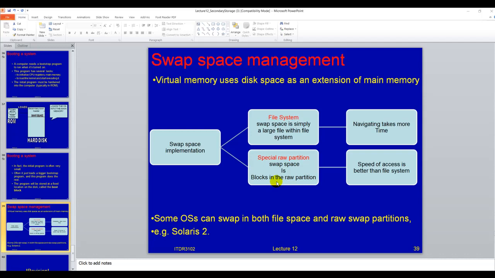Because no file system is configured there. Okay, the partition is raw, it doesn't have any file system. So in some operating systems we can implement the swap space both as a raw partition as well as a file system. For example,